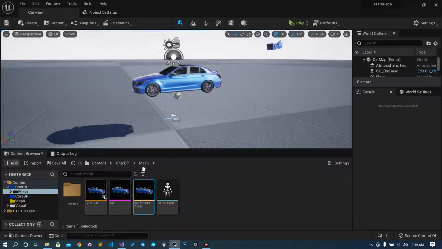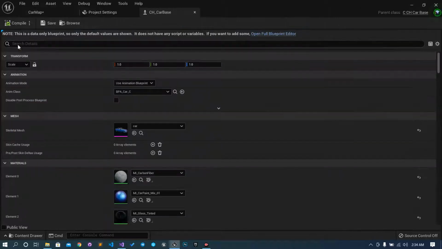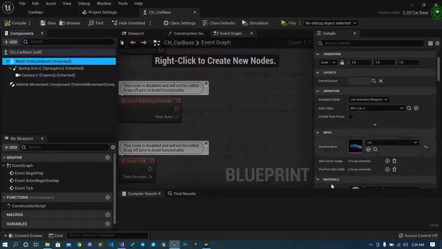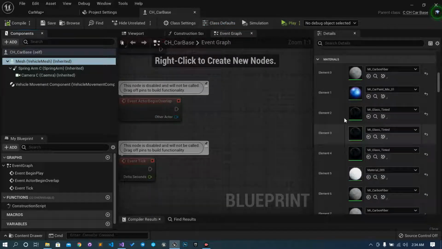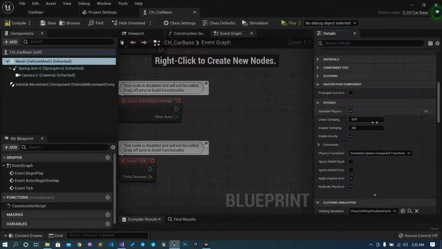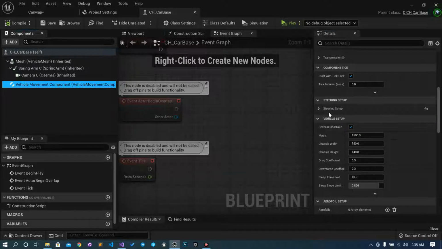So for this, go to the base. We will do some changes here. First, for the mesh, it will be the physical body, so we will go to the physics tab and click on the simulate physics. Next thing, we have to set up the wheels too. So go to the